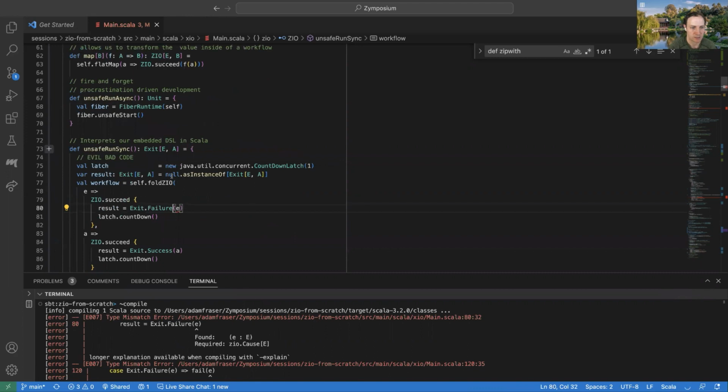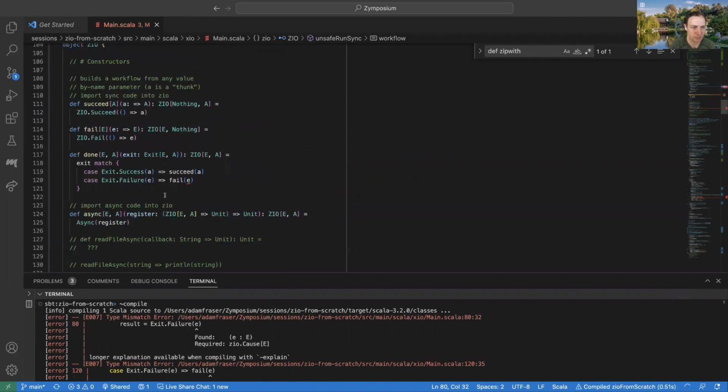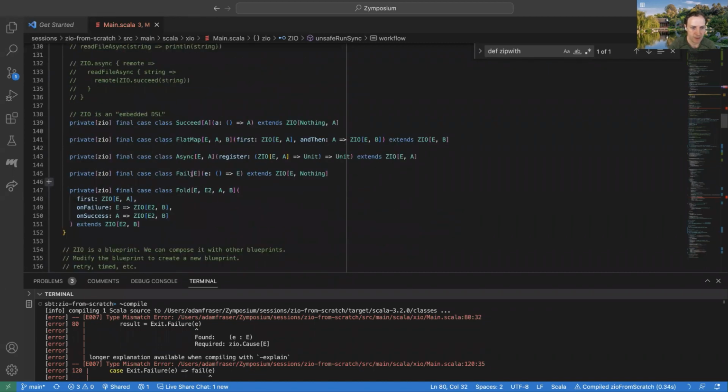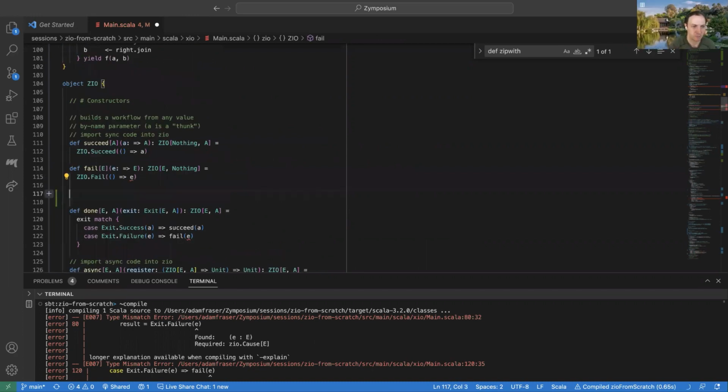Some of these are also going to reveal that we need some additional operators here. So let's create a couple of additional operators for ourselves. The first thing I think we're going to do is this fail. We're now going to want a way to actually fail with these different richer causes we're creating. So we're going to change the signature of fail from failing with an E to failing with a cause of E.